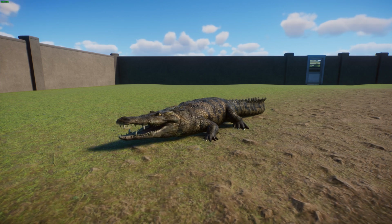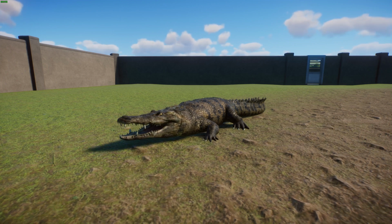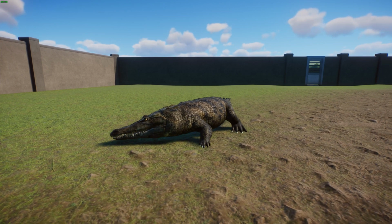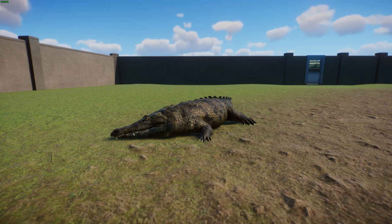But the Morelet's crocodile is native to Tamaulipas and San Fernando southward, and they've been found in cities in these areas near Orlando. So I believe they've been found in northern parts of Mexico. In terms of their diet, like most crocodilians, they're pretty generalistic, so they feed on anything they can get